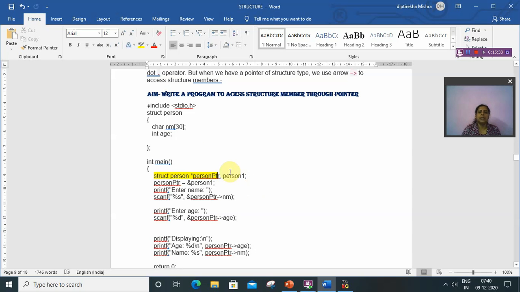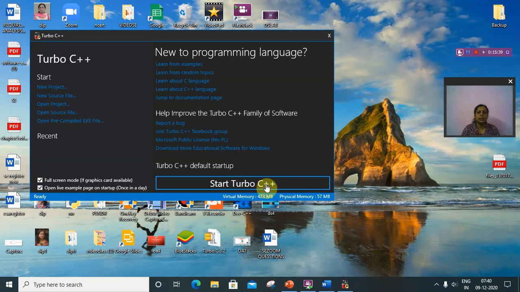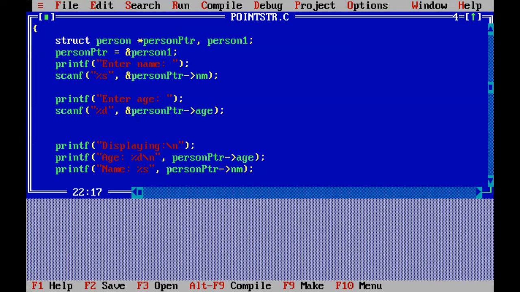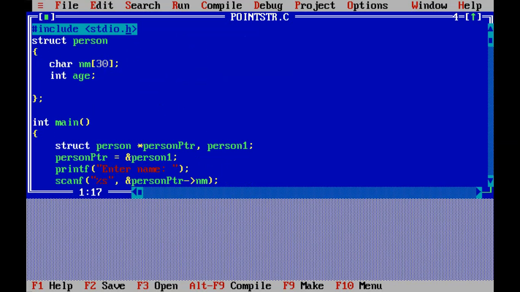So let's execute the program. Let's start Turbo C++. So this is the program. First of all, I have declared struct person having name and age as members. Then in int main, I have declared a pointer *personptr and a structure variable person1, and the pointer is storing the address of person1.